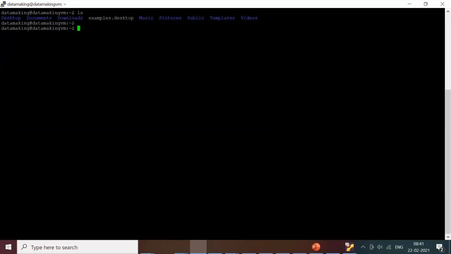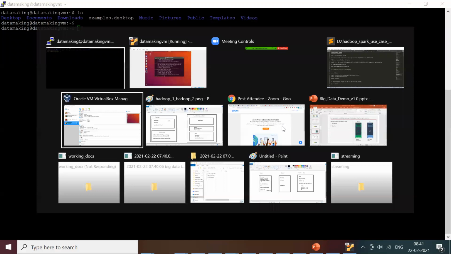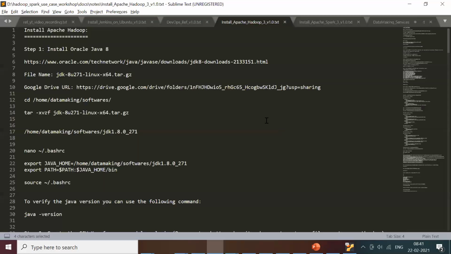Now, the first step is to download Java. If you're following along, first we need to install Java. You can go to this URL, the Oracle website, where we are going to install Oracle JDK. If you want to use OpenJDK, you can download that also.